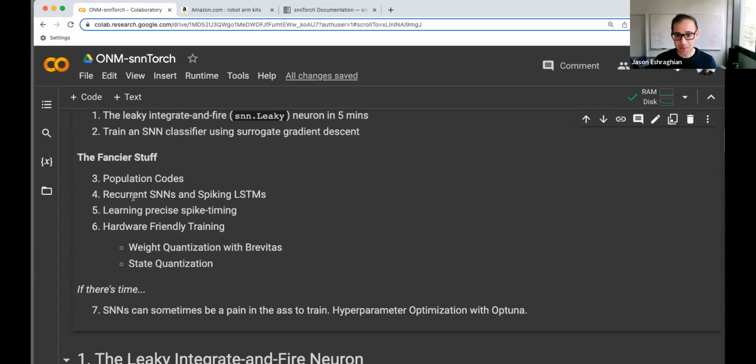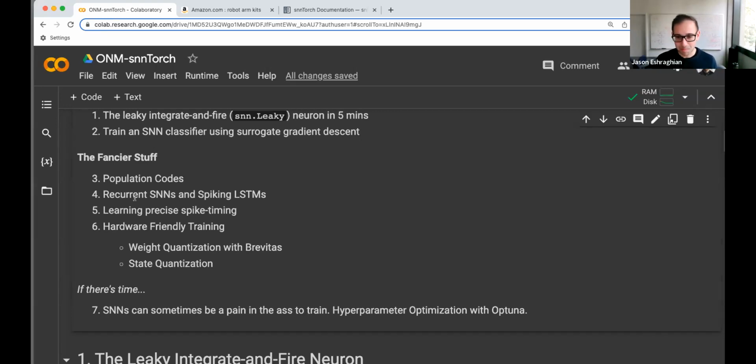Following that, we've got leaky integrate-and-fire neurons, but there are fancier versions of neurons, and we'll talk about those too, such as recurrent leaky integrate-and-fire neurons, and you should maybe be familiar with long short-term memory cells. So we extend that to spiking LSTMs. Then we'll go on and learn how we can integrate precise spike timing. This is where my notebook gets a bit sloppy and I haven't had time to proof check it all, but hopefully we'll figure things out.